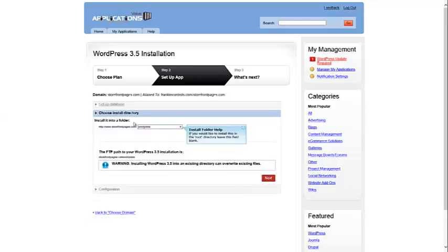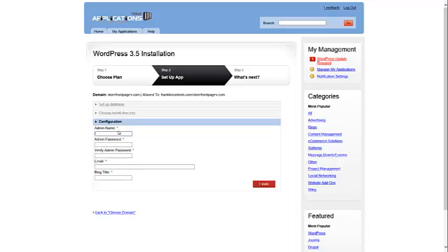Okay, and this is where we should have left this blank. Instead of having the word WordPress in here, we want to go ahead and leave that blank. Actually have the site attached to the .com instead of just having a regular WordPress site that is attached to their server. So we're going to press OK, and then we come in, admin name,